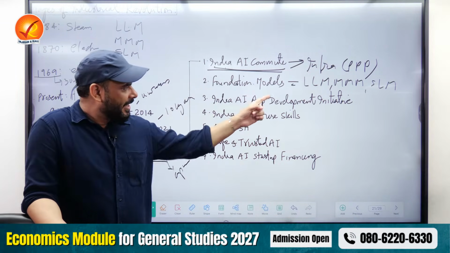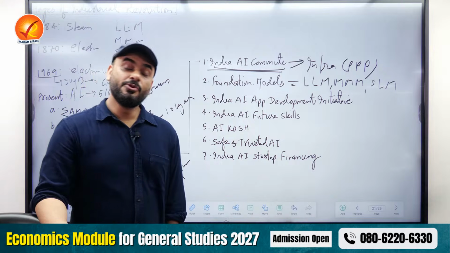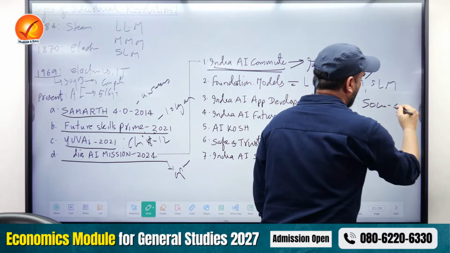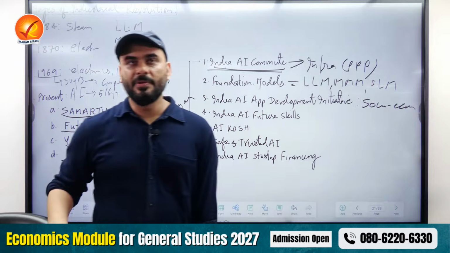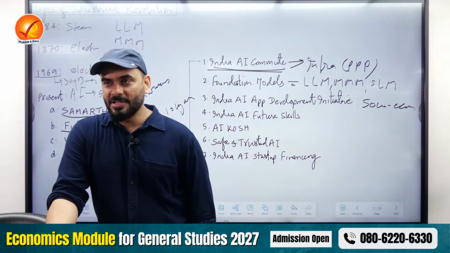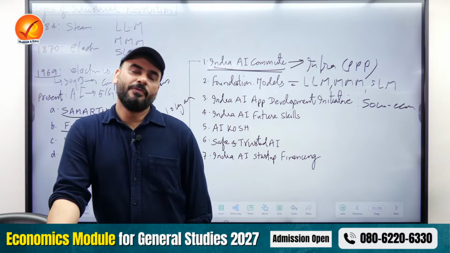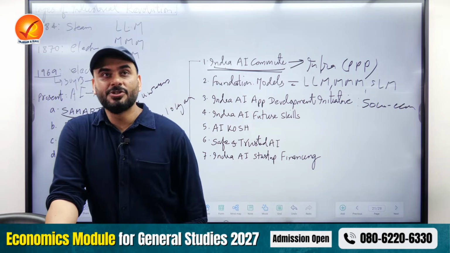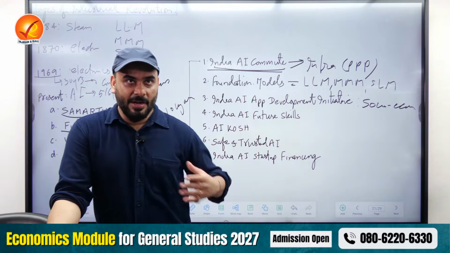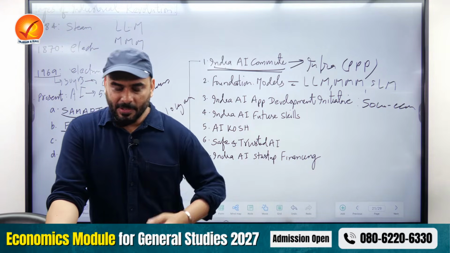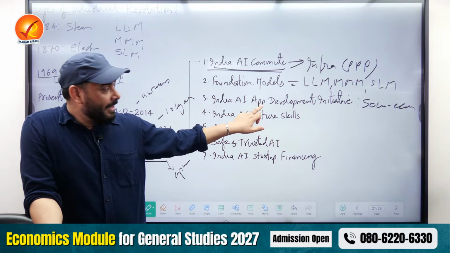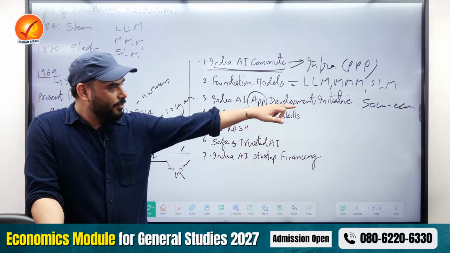The third part is India AI app development. Using AI, we need to develop the right mobile apps for socio-economic progress. For example, we can create an AI-based mobile app for registration of patients in hospitals, or for farmers, to tell which seeds to plant and how to find the health of the soil. All this data we can store and do predictive analysis of the soil health and help the farmers. So this is the socio-economic impact. Why do you need to develop apps? For socio-economic impact.